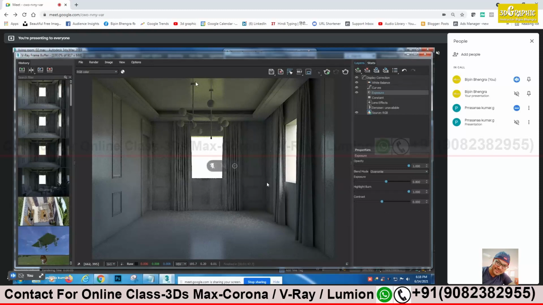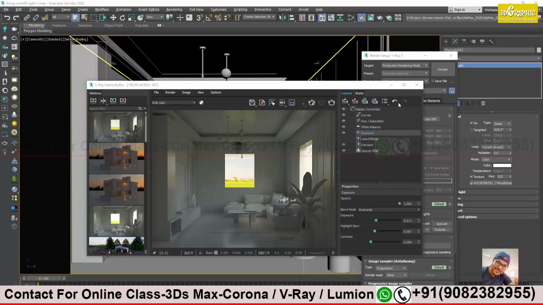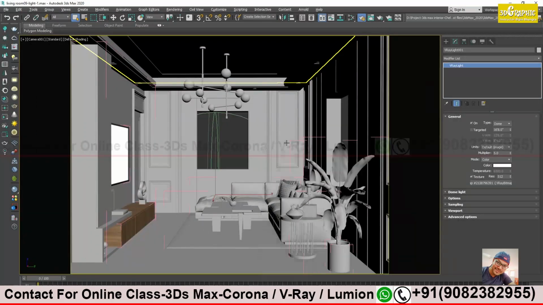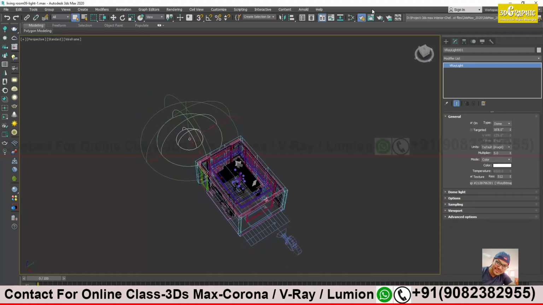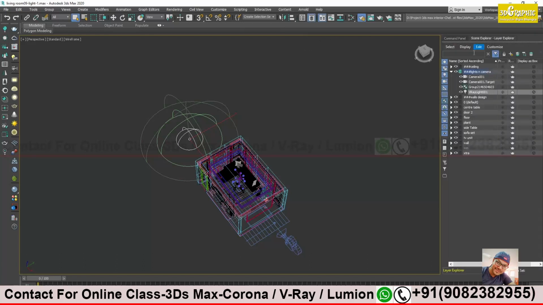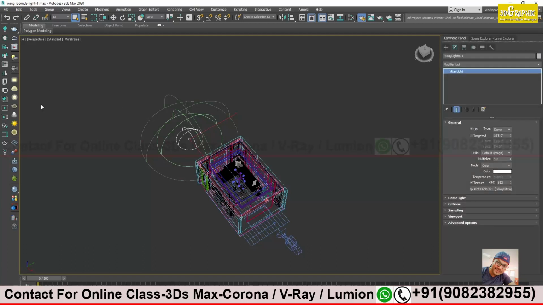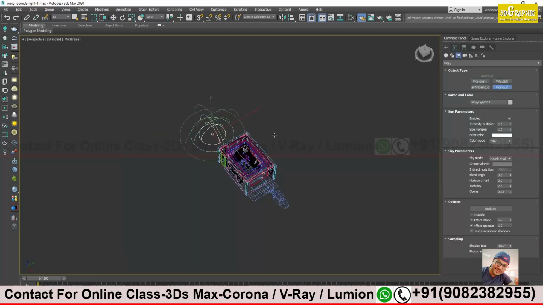Alright, so let's first create it on my file. Just have a look, and then you can continue that on your file. So I will come through perspective. I will go to my layer first and check which layer I am working on right now. I will make sure it is the light and camera layer. All my lights should be on the light and camera layer. Okay, so let's take the V-Ray Sun.